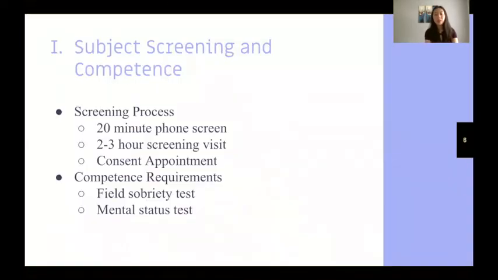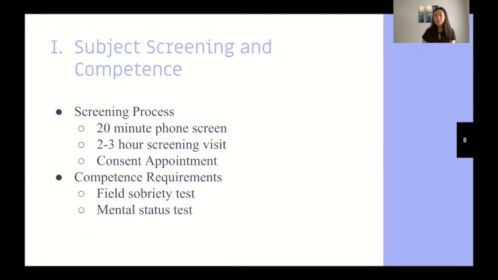So a lot of people have asked me questions throughout the course of this study on how exactly it is that I find my subjects. Needing a lot of them, the biggest thing that actually gets done in my lab is the purchase of many advertisements in the radio, on social media, in magazines, and finally a snowballing procedure in which our previous participants spread the word to gain new participants. So if anybody is interested in participating in a particular study, the first thing they have to do is give us a call, in which they'll undergo a 20-minute phone screen where either myself or another research assistant is on the other end asking them various questions about their medical and mental health history.